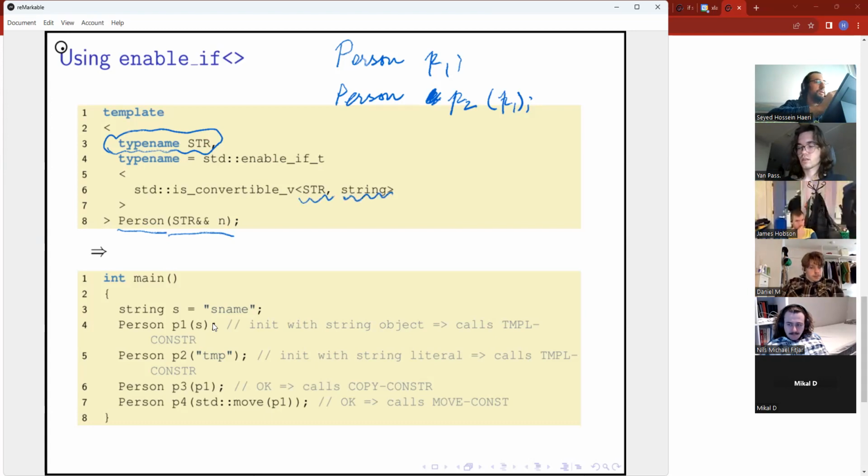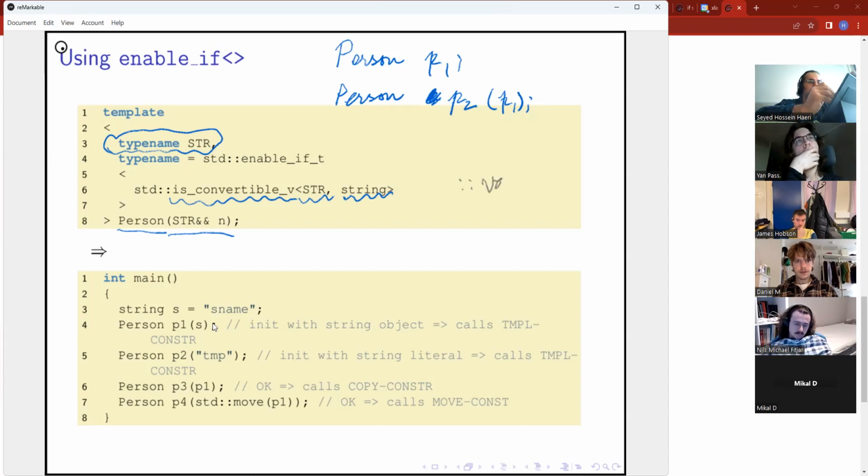Now there is a meta function in the C++ standard which is called is_convertible, and that too has shorthands. It has one shorthand, is_convertible_v, which takes the value static data member of it.